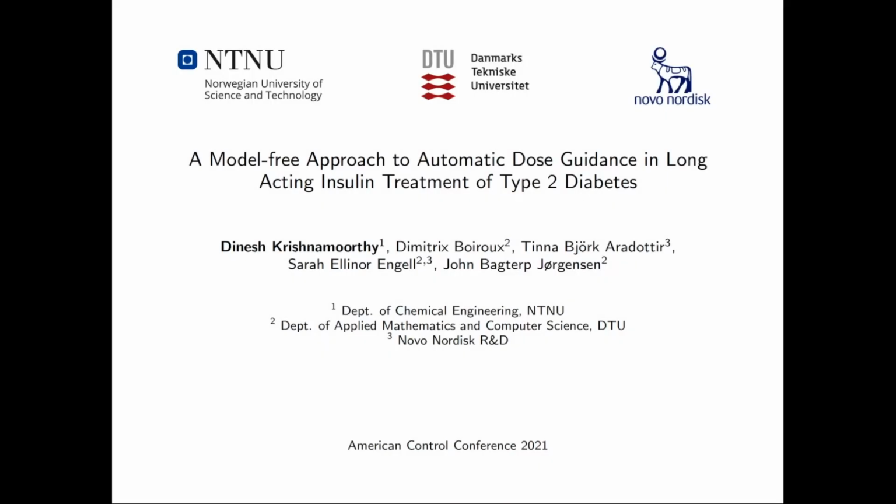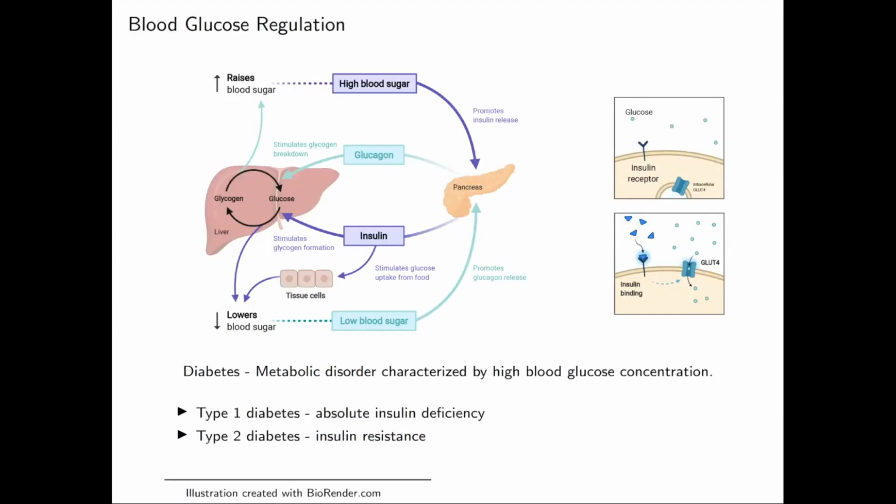My name is Dinesh, and today I'm going to be talking about a model-free approach to automatic dose guidance where we use a recursive least square based extremum seeking control to compute the optimal insulin dose for patients with type 2 diabetes. Insulin is an important hormone secreted by the beta cells in the pancreas and plays a vital role